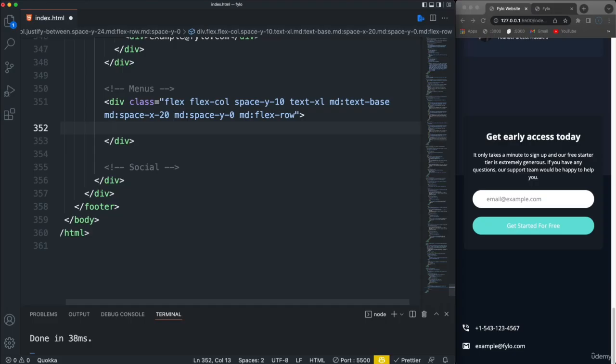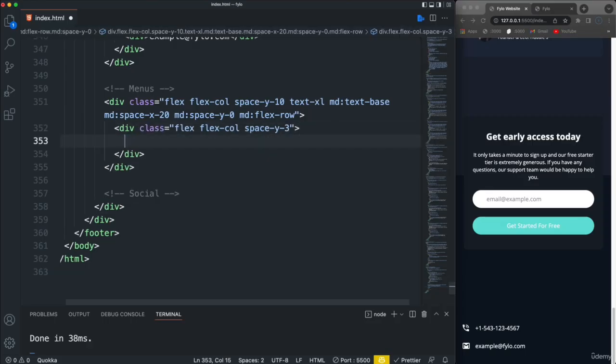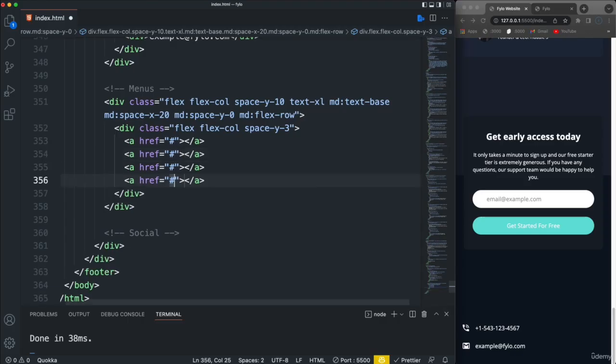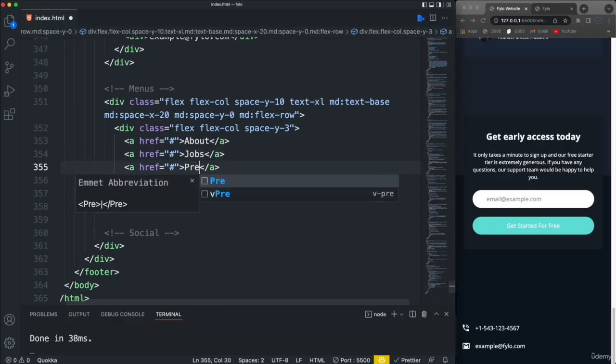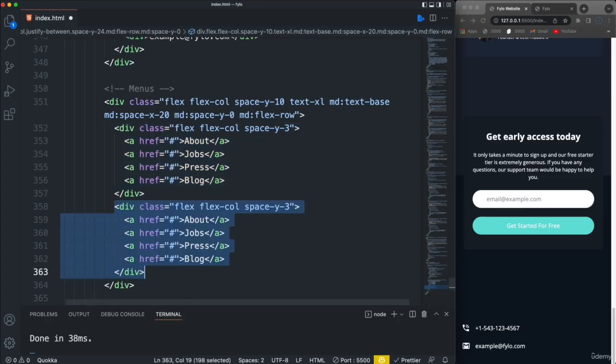And then the menus themselves are going to have a div with the class of flex and also flex-col, and then space-y-3. And then the items, so we'll just have a few items here: about, jobs, press, and blog. All right, and then what we'll do is just copy this div down,